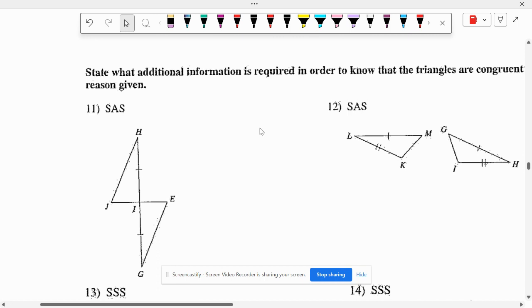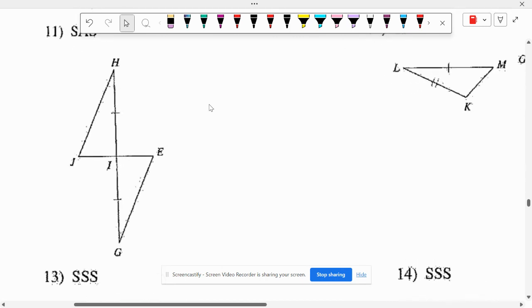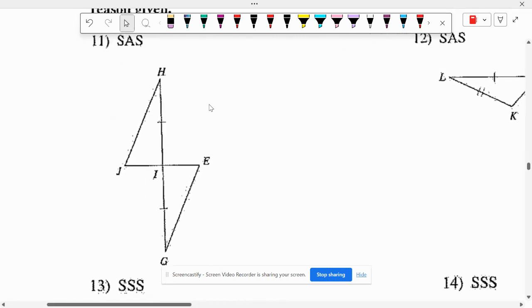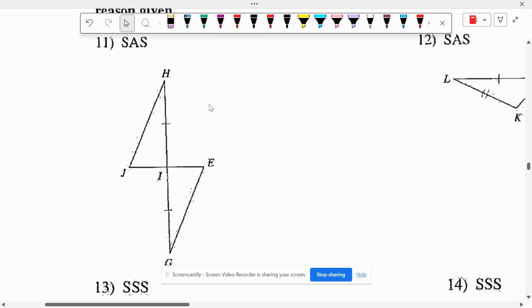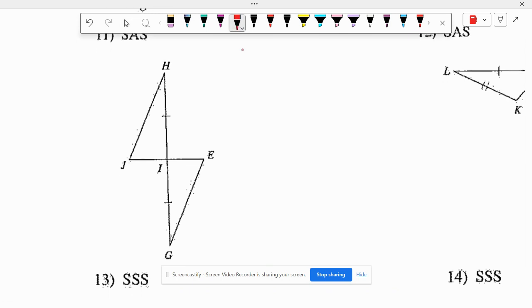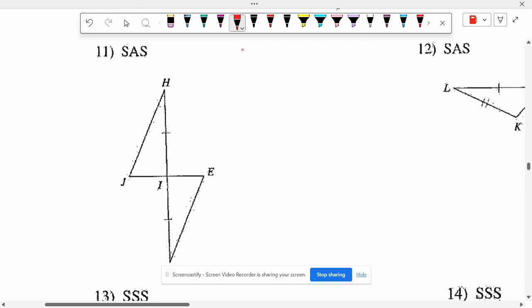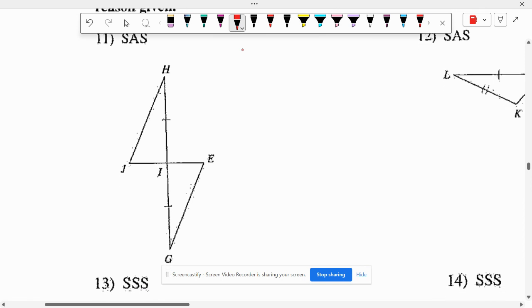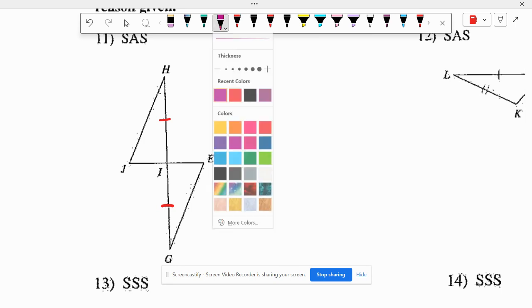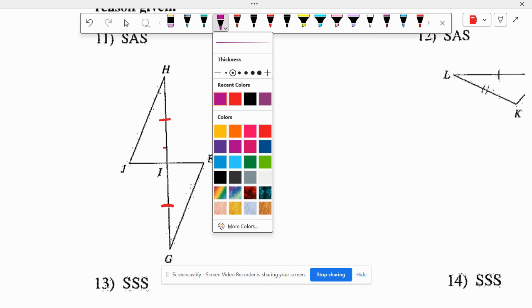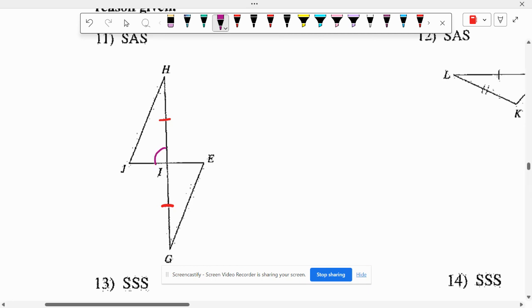So example number 11. If I wanted to prove triangle HIJ congruent to triangle GIE, what would I need? What's missing? And I'm trying to prove it with side, angle, side. So do we have a pair of congruent sides? Okay. Do we have a pair of congruent angles? Yes. What are they? Angle JIH and angle